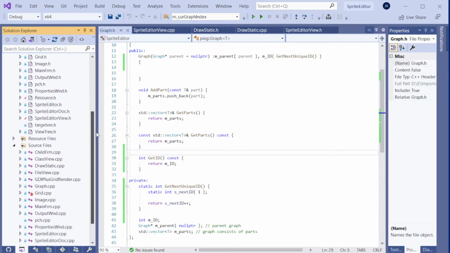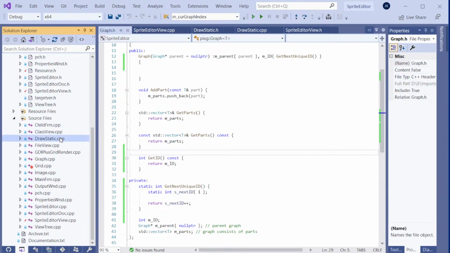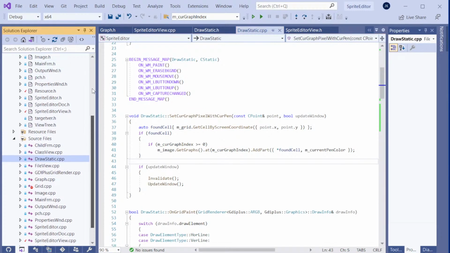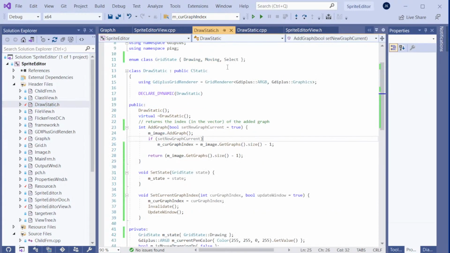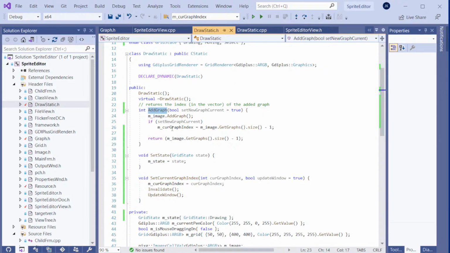The answer to that question will be, I go back to the grid window, and let me think about that now. That's the current graph index. Yeah, no, so now the set current graph. Actually, this needs to be changed now. When we are adding a graph, the caller needs to get the ID, not the index. I need to change this straight away. I'm not going to return the vector index. I need to return